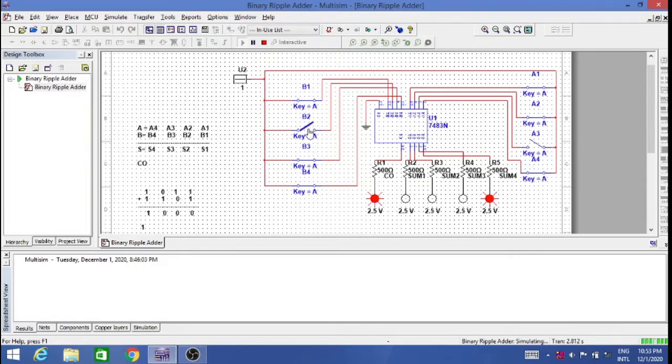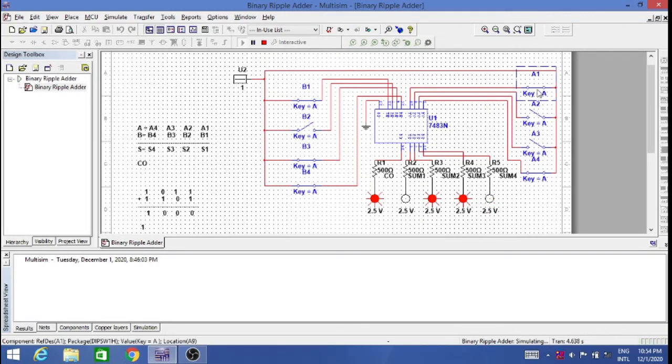If I change to some other value, let me take some values. Let's say I take a as 8, so I'll take a4 as 1 and the rest all 0.